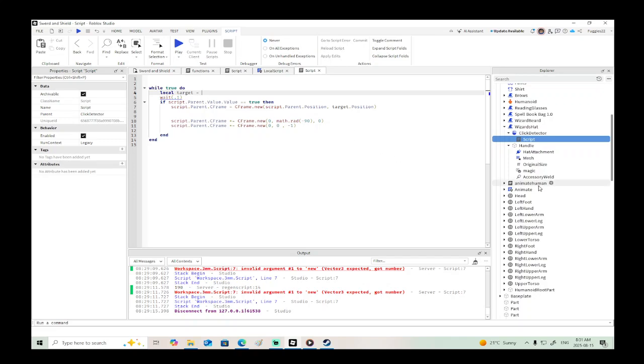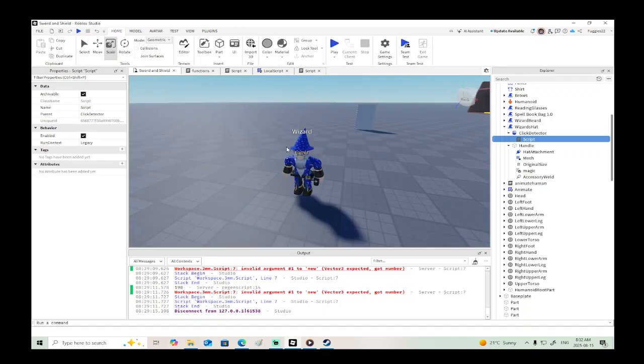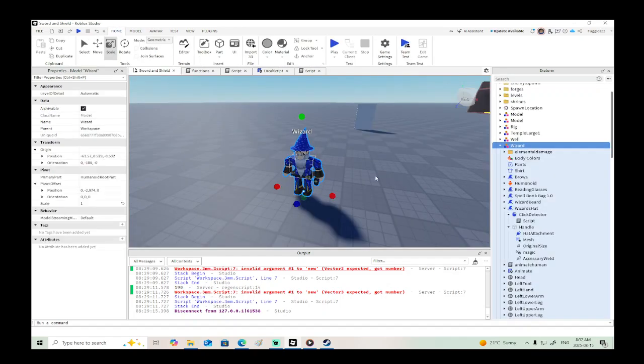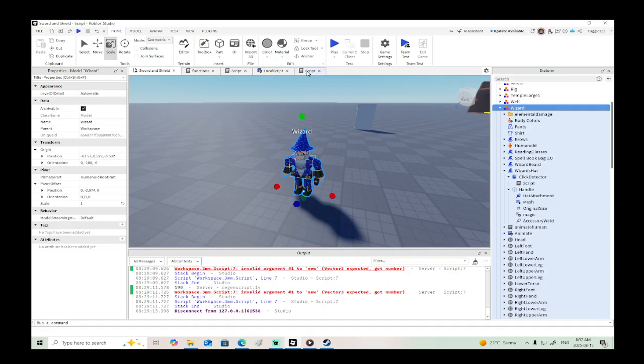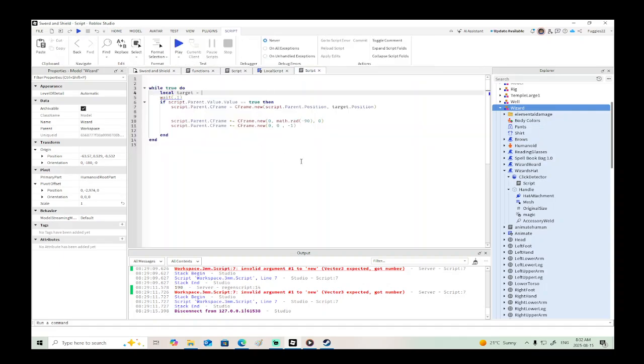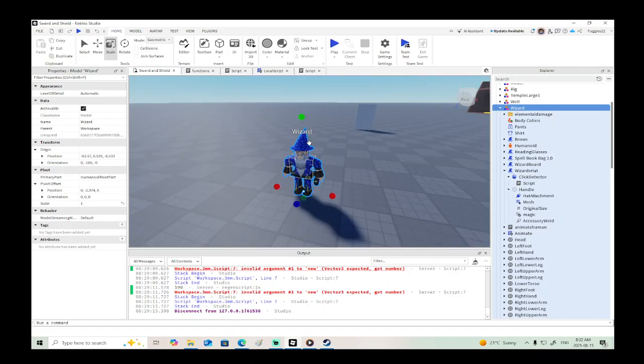So if I click on the click detector, the problem is I would have to name every enemy, each with its own name. And then we would have to have a script for every single enemy, or we could put them in a group, a target group, something like that, right? So that way, when we click on it,